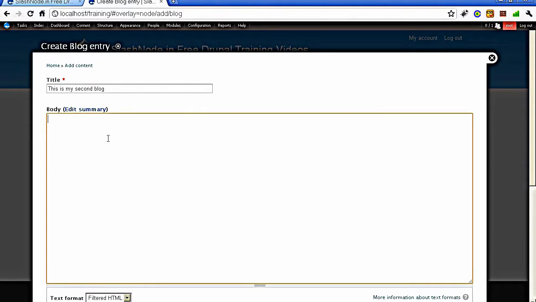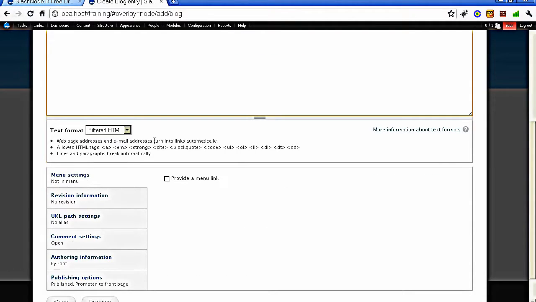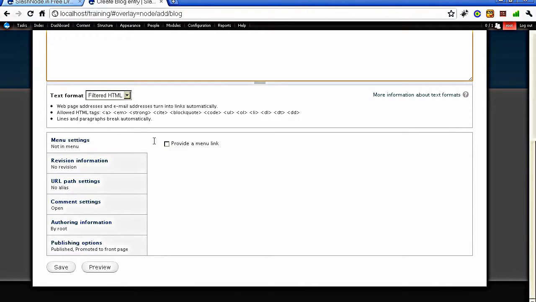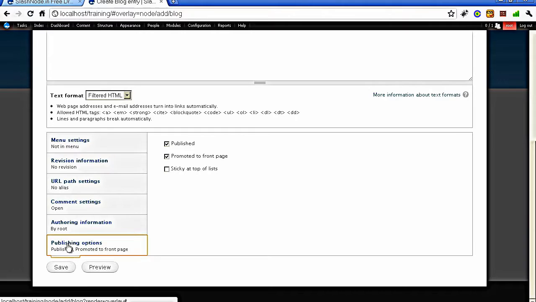So I am creating my second blog here. So when you create a blog post, there is an option under the publishing section here which says promoted to front page. By default, for all the blogs it is enabled, but if you want you can disable it. So let me uncheck it and save it.